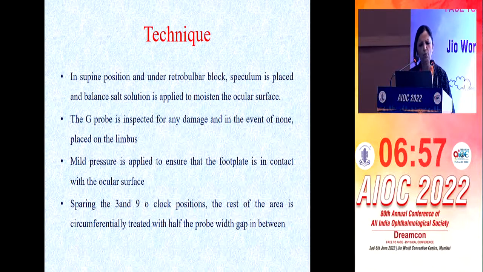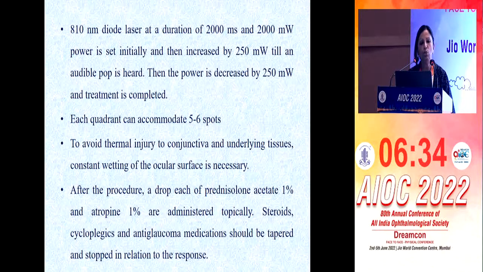So the technique is you put the patient in a supine position with a retrobulbar block, and the G probe is inspected for any damage. In the event of none, place it on the limbus. Mild pressure is applied to ensure that the foot plate is in contact with the ocular surface, and sparing the 3 and 9 o'clock positions, the rest of the area is circumferentially treated with half the probe with a gap in between. And we use an 810 nanometer diode laser at a duration of 2000 ms and 2000 milliwatts power